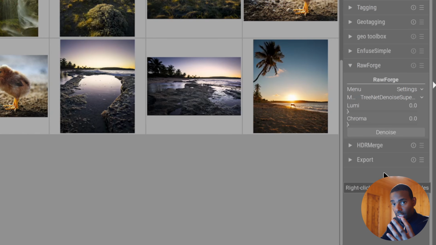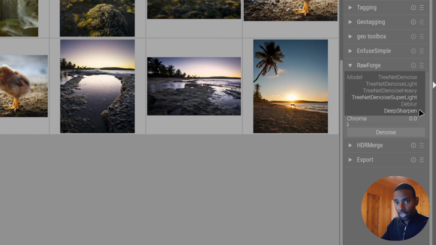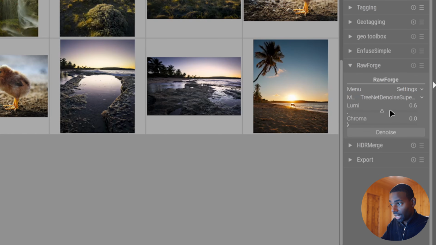RawForge has 4 denoise models and I've included all of them. There are also models for deblur and sharpen and I've put them there as well. Next, you also have sliders to add luma and chroma. These sliders will add a little bit of noise back in your image in case you think it feels too